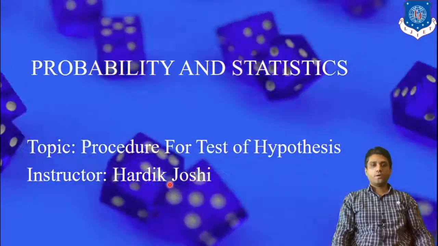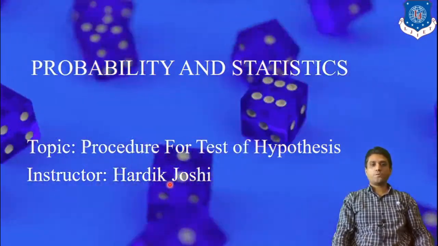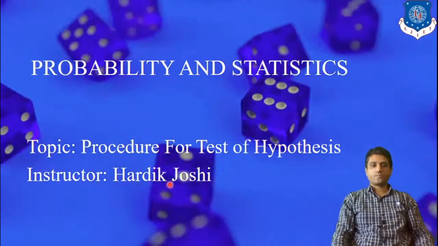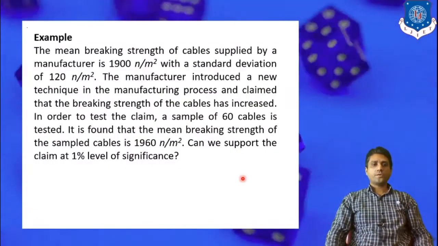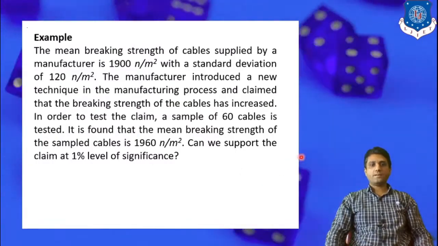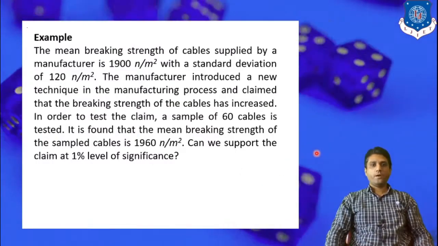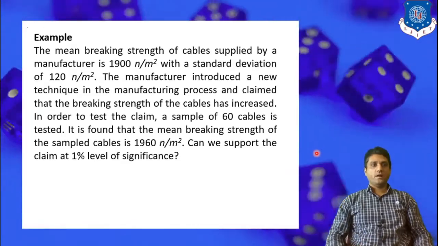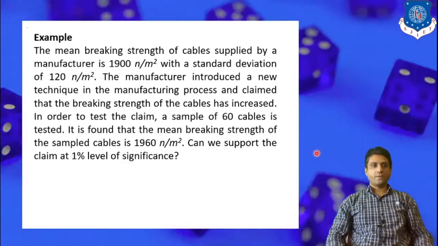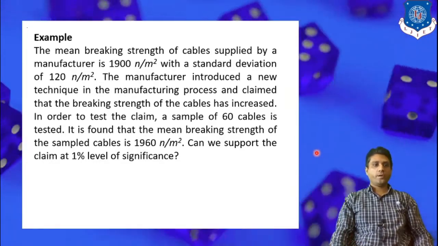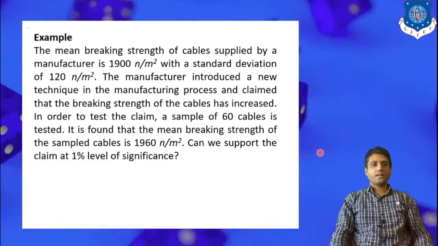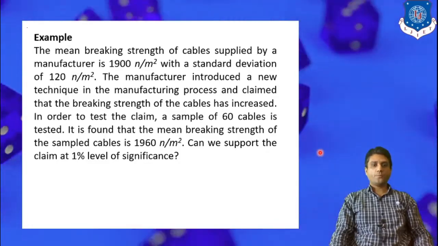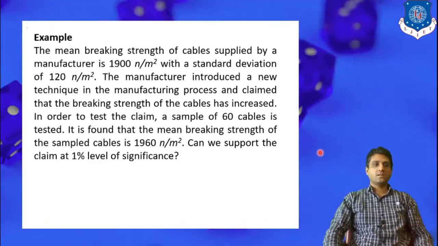Today we should learn the procedure for test of hypothesis. So we have to see the basic definition. There are namely 7 steps to check the Z statistic, and we have to solve one example. Now let me continue that topic and check the testing of hypothesis by using the Z statistic.